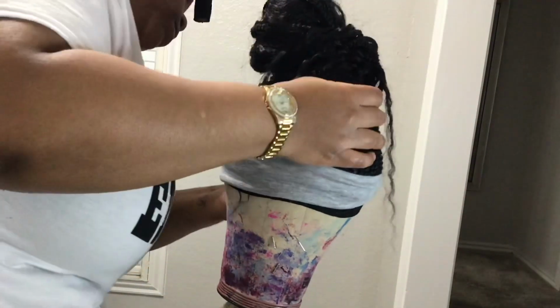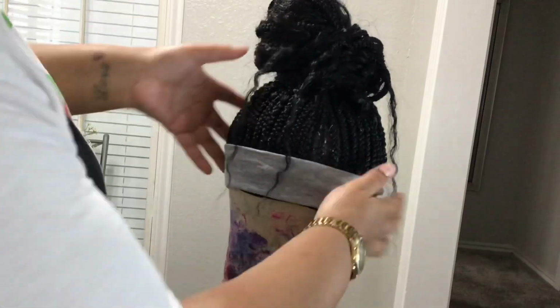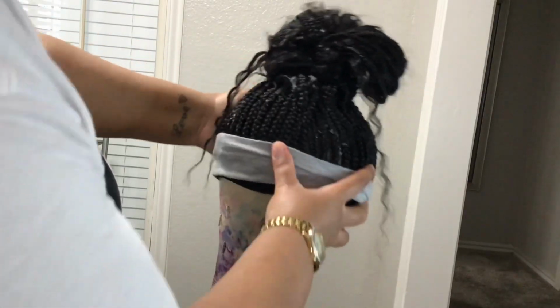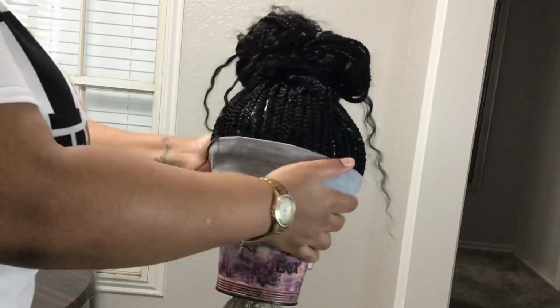So now it's time to apply the headband to it. I don't know why I got a gray headband. I wish I would have just gotten a black one, but for the sake of this video, I think it works. So you just want to fit it around. I see some people sew their headbands down. I didn't really have the time to do that, so